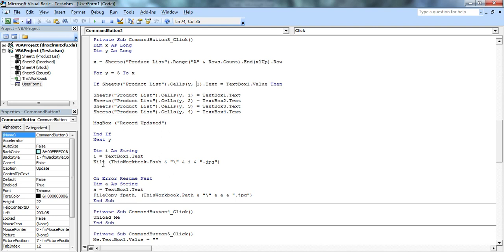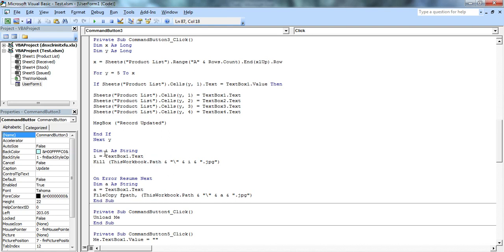As you can see, dim I as string is the same as we used when we were adding the picture. I is equal to text box 1 dot text. The text box 1 value is equal to I. Then we will use this Kill command, which will delete the picture wherever it is saved.